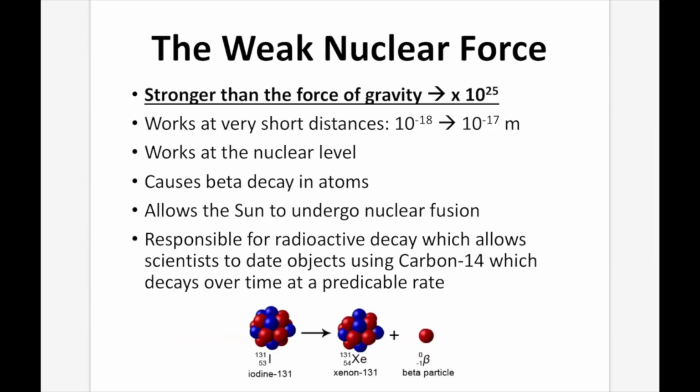The weak nuclear force. The weak nuclear force is stronger than the force of gravity by about 10 to the 25 times stronger. It works at very short distances, so 10 to the negative 18 to 10 to the negative 17 meters, and this is the nuclear level. It causes beta decay in atoms, and it allows the sun to undergo nuclear fusion. It's also responsible for radioactive decay, which allows scientists to date objects using carbon-14, which decays over time at a